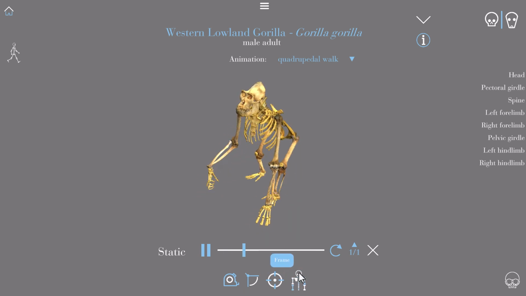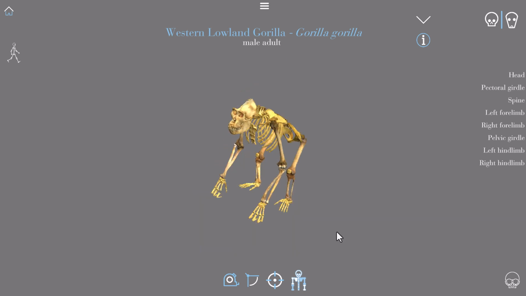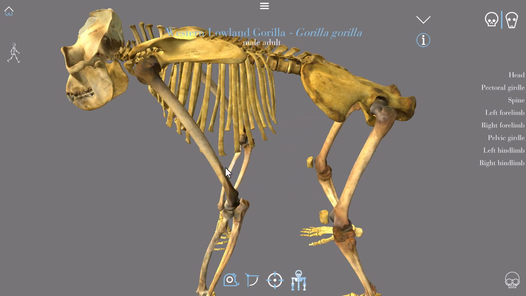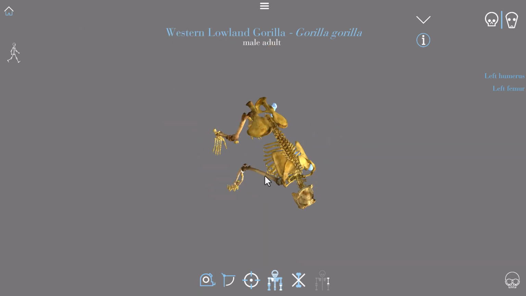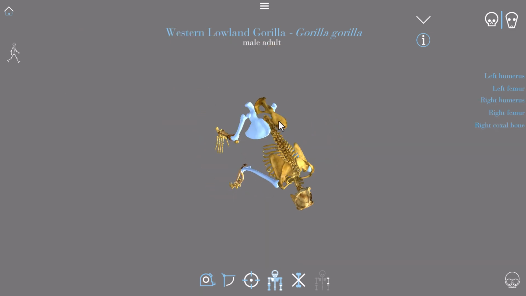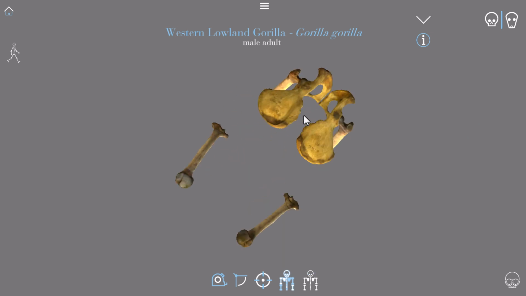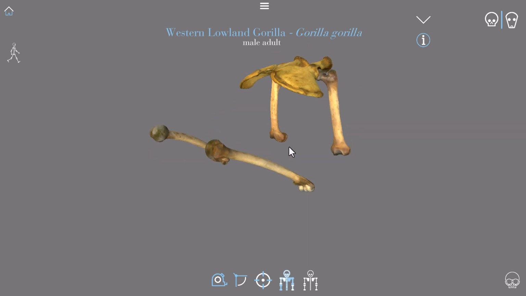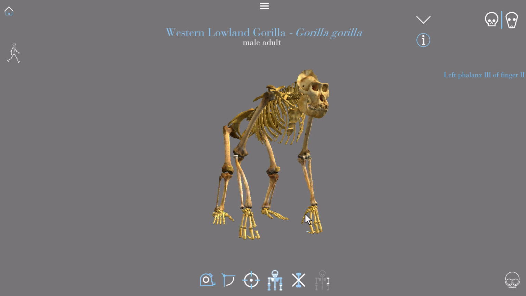So I can go ahead, click on multiple selection, and I can click on, let's actually stop the animation as it's making it a little bit hard to select. And we can select that, select this other one, and we can also select these other ones as well. So we can have all these parts selected. We can choose to isolate them if we just want to study these parts and see what we can do with that. If we bring this all the way back,